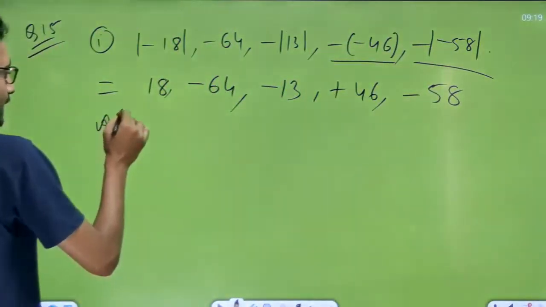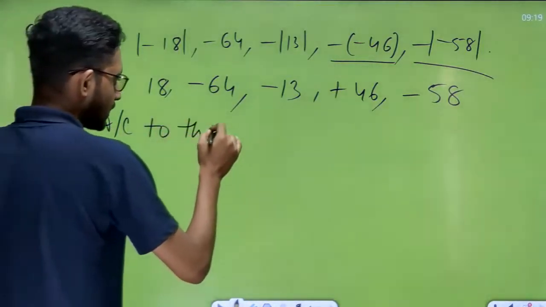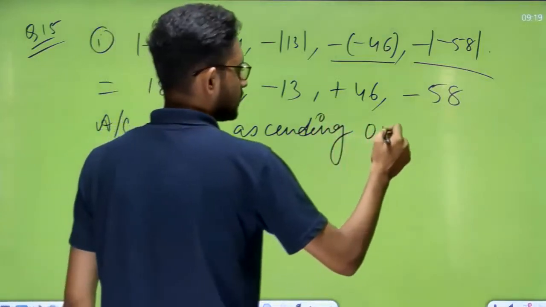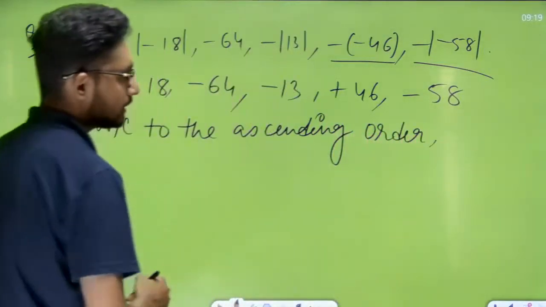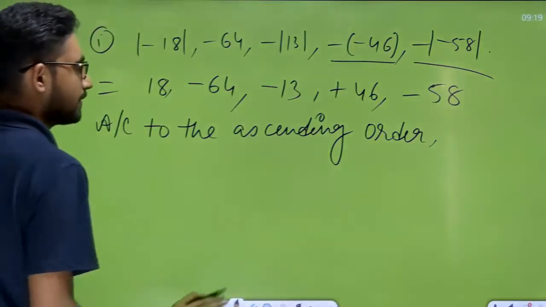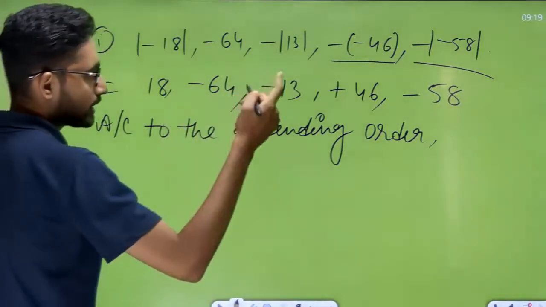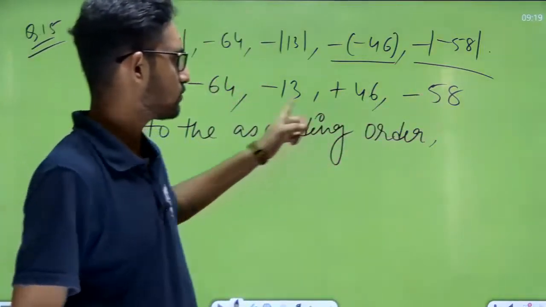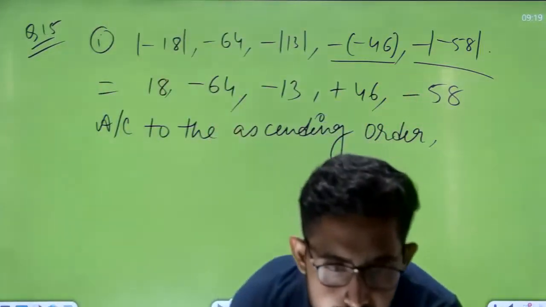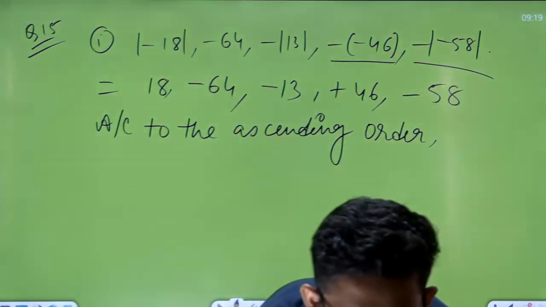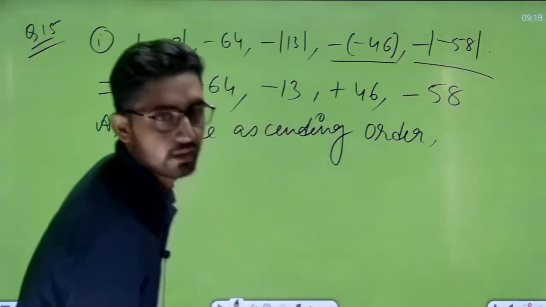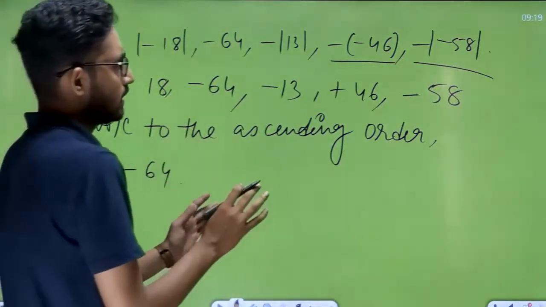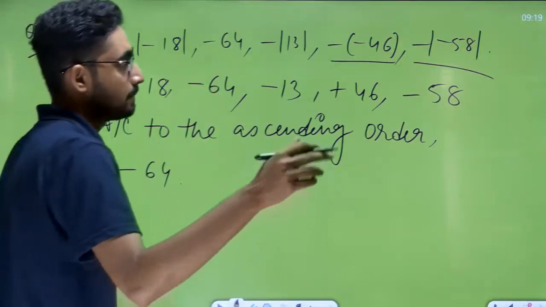So write down according to the ascending order. Okay, according to the ascending order we have to write down. See all of you, very simple. सबसे पहले छोटा नंबर कौन सा है? Yes, anyone? What is the smallest number? Out of this, what is the smallest number? Tell me now. Give your answer. Yes, all of you, give your answer fast. So first of all, write down minus का 64. This is the smallest number. Yes, that is correct. Now what is next?